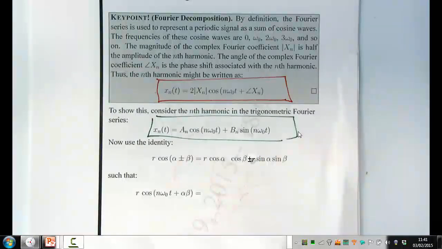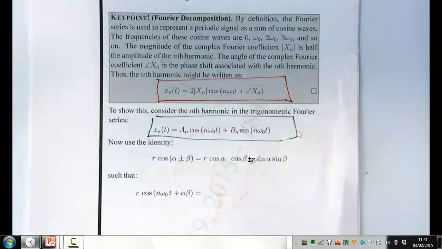Virtually all the time with these manipulations, it's always through application of a trig identity. So you will get a data sheet in the exam which has trig identities. So if you ever need to do a manipulation, you don't need to remember them. But basically, I'm going to rewrite the expression in this green box using this identity here, which says, look, if